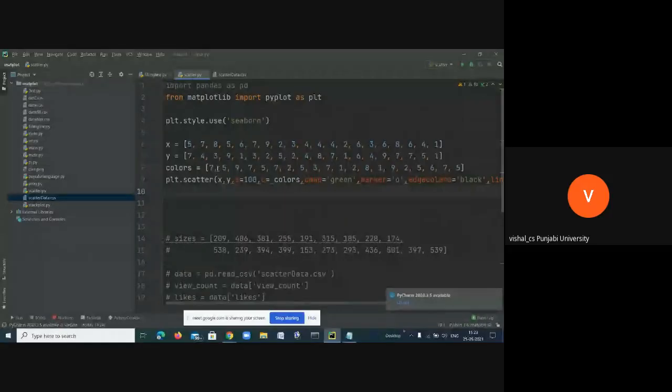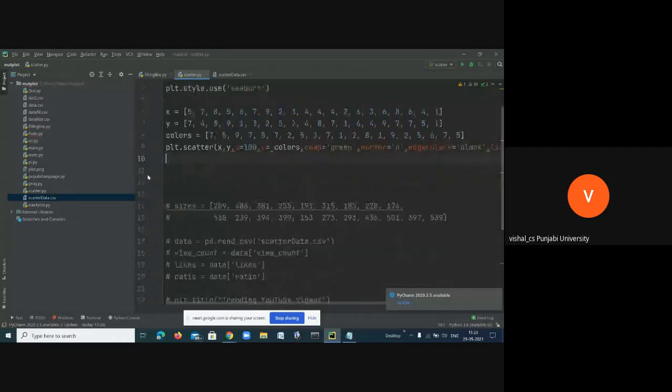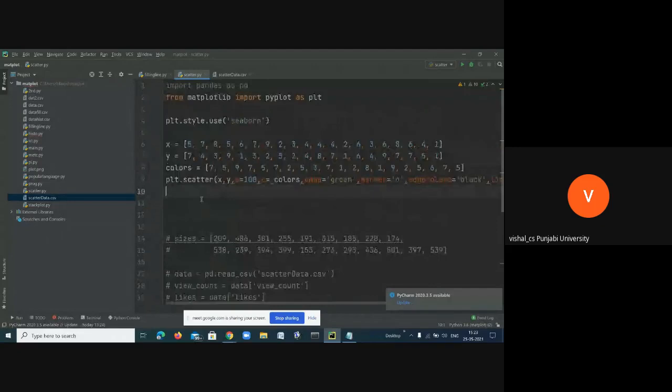We are also going to add a label for each color map. In the last class we saw how to add a legend. We are using that. So how can we use that? I can simply use the color bar legend.